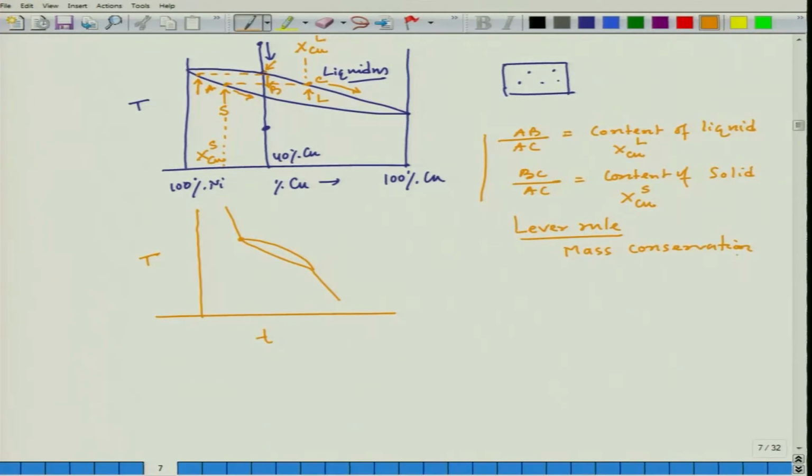Now, later on we will also check what would be the microstructure, which is also important, how the microstructure evolves as we go down along any particular composition line in case of an isomorphous system. That is also a very important aspect, because finally during heat treatment we are aiming at some particular microstructure. So, how the microstructure evolves is also an important aspect, and we will consider this part a little later, but